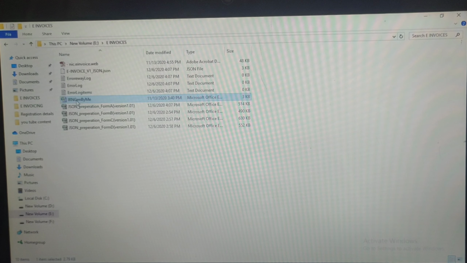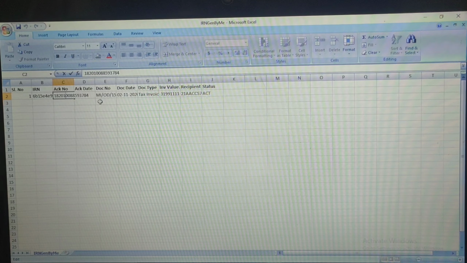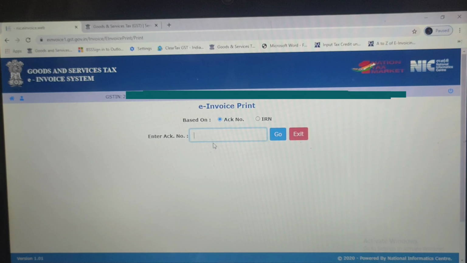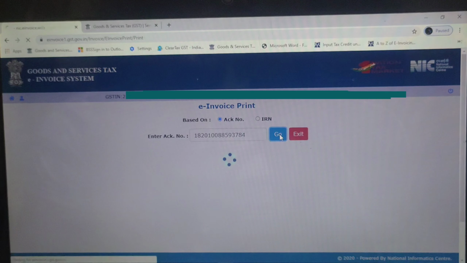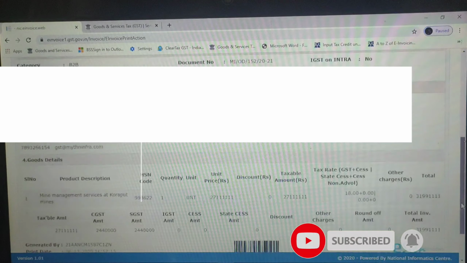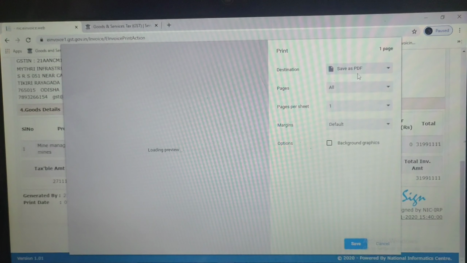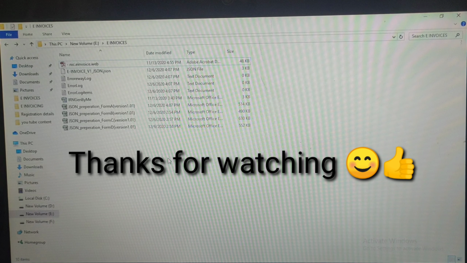You can see the IRN generated by me. Here you can see the acknowledgement number and IRN number. This is the IRN number and this is the acknowledgement number. I will take this acknowledgement number and put it here and it will go. So you can see the invoice and you can save as PDF also. So this is for the day.